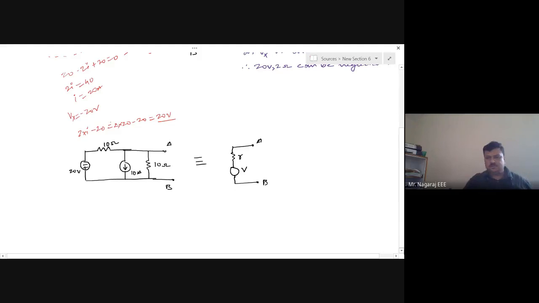Now it is your duty to solve. I will give you 10 minutes. I will be online. You should be online. Solve it and tell me the answer. I can pick anyone to get the answer from the entire list. Please start solving. Now it is 20 volt in series with 10 ohm, 10 amps in parallel with 10 ohms. It is very simple. If anybody will not respond, then he will lose attendance for today's both the classes, third hour and fourth hour. Do it fast.